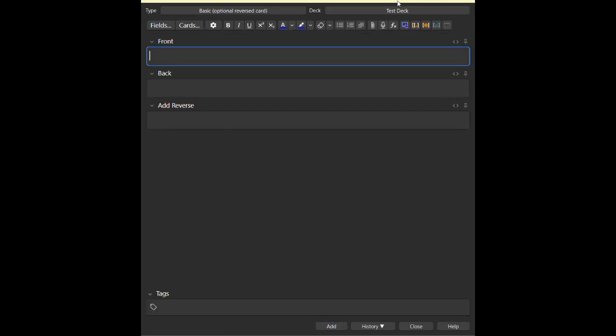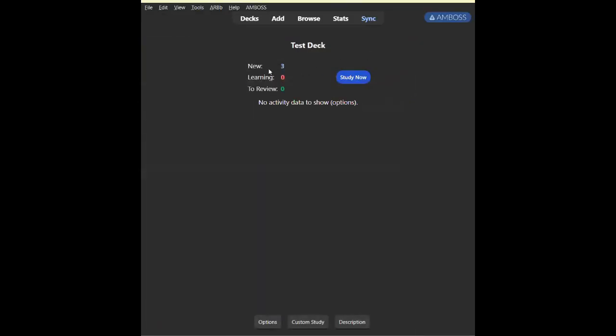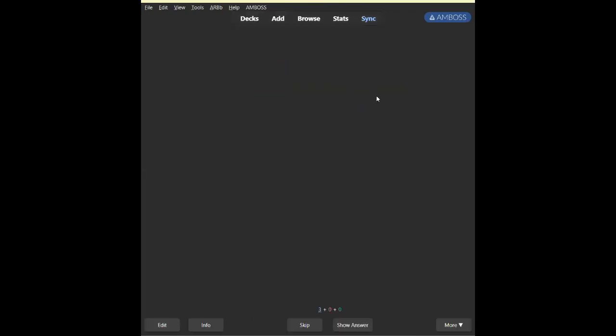Added. Oh, now it became three because I added two cards. So let's study them. So which lobe of the brain? This was the thing that we saw a while ago. I can use skip here. Let's say I don't want to answer this because, of course, this app logs your performance. I don't want to ruin my streak, and I think I can think about this later. So I can press skip. So 30. There's not a lot of context here, but he is the creator of this video.